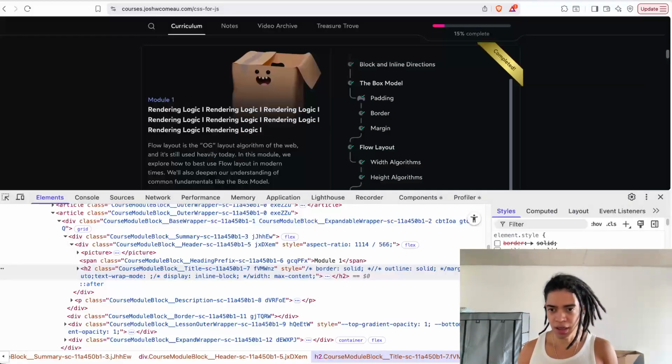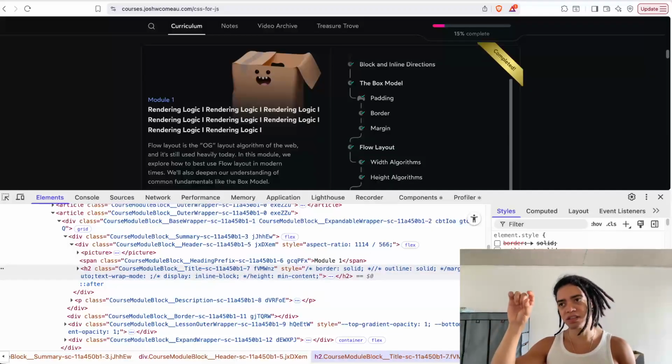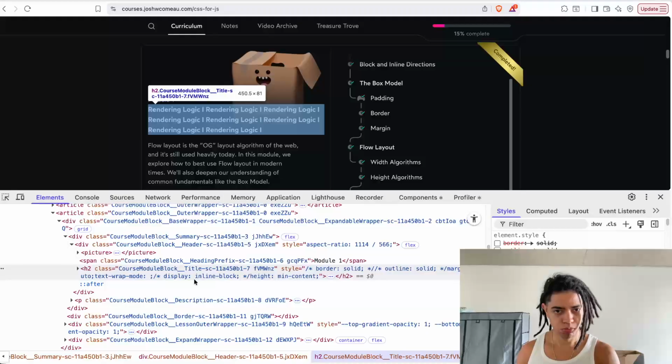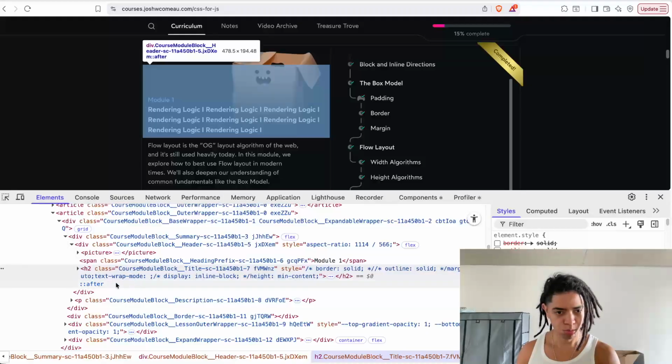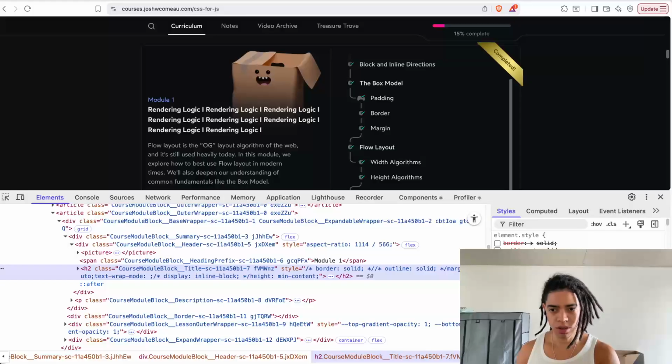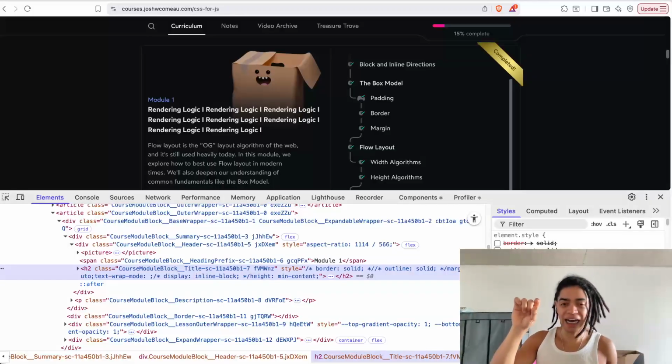So height in itself says, what is the min content here? What is the widest element here? Is this one? So what is the highest